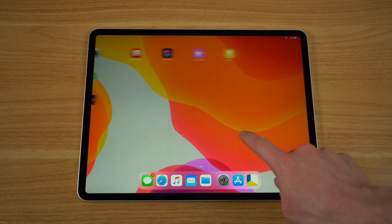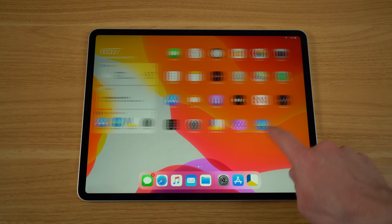Hey, what's going on everyone? Greg here, and this is the latest 2020 iPad Pro. This is an upgrade that a lot of people were looking forward to, including myself, ever since that major redesign on the 2018 model. Now, this one isn't a major redesign, but there are some interesting upgrades in this one,